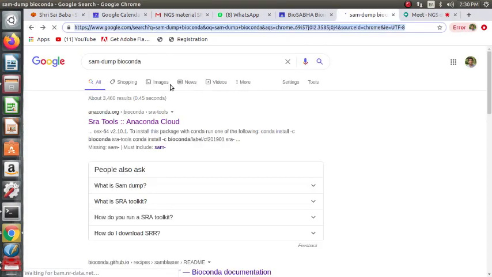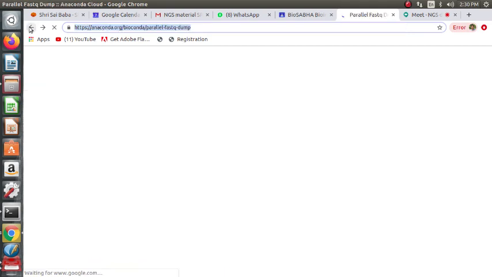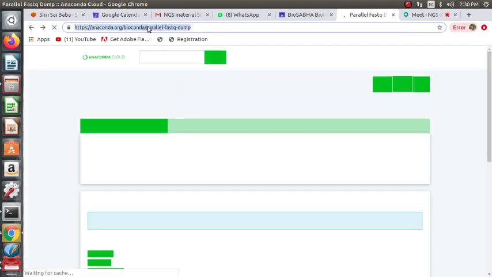Okay, and then FASTQ-dump, right? So the previous link is parallel-FASTQ-dump.